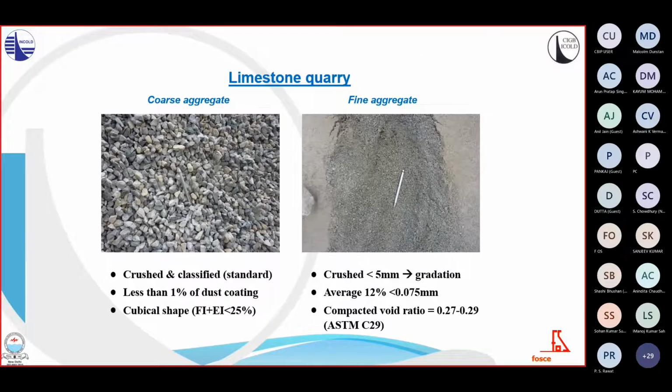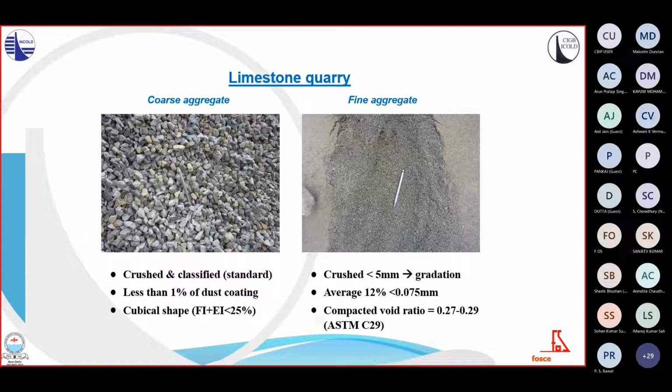This aggregate is from a more fortunate RCC project where the source of material was a limestone quarry. Limestone crushed aggregate, including their limestone fines, is, due to its better behavior in fresh and hardened condition, probably the most adequate source for good quality RCC aggregates. Herewith, the main specifications for coarse and fine aggregates are shown